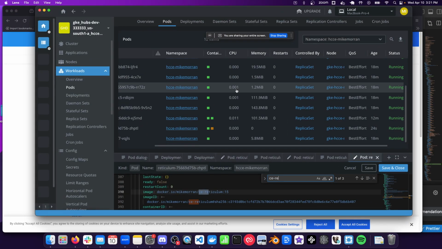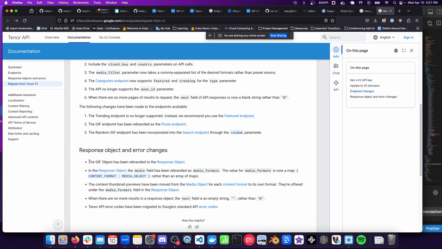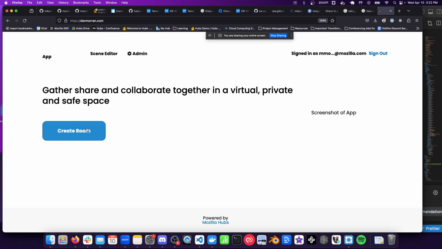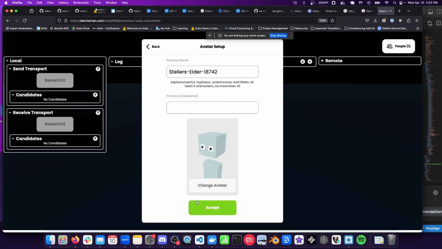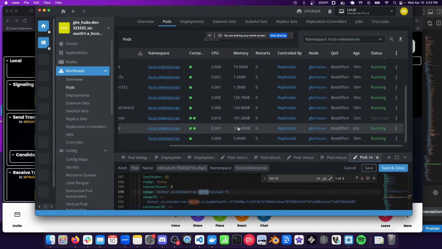Let's wait for that to come up to see, because I think you're right. It looks like some of the fields, the GIF object has been rebranded to the response object. Yeah, I'm wondering if it is being successfully returned. It looks like, Rithik, I can see when I test this in DevMoran. Let's make sure. So this is our new